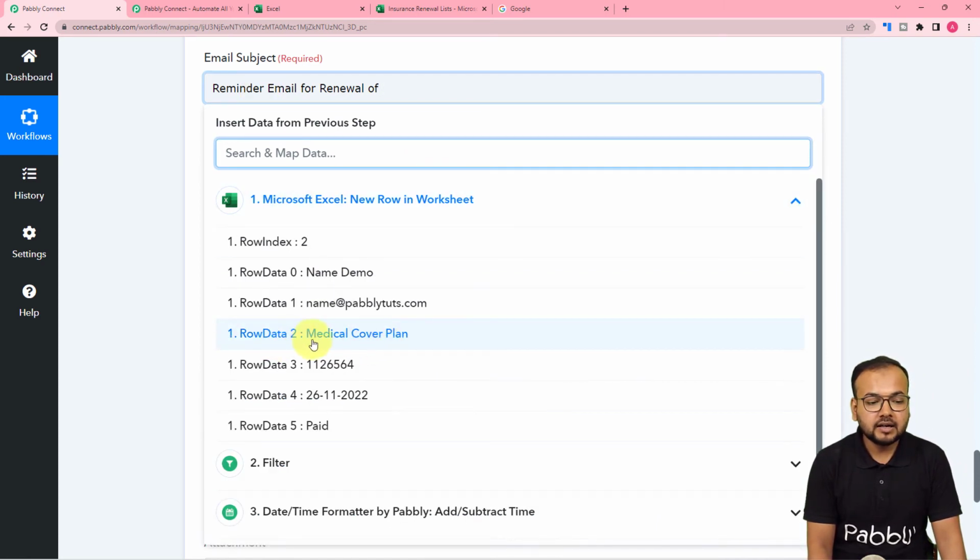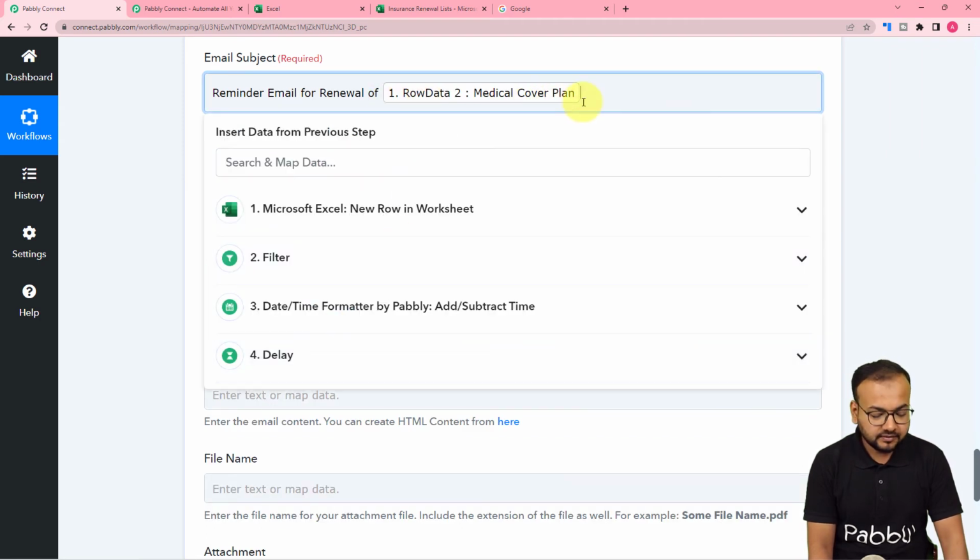Here you can see the medical cover plan is the policy's name. So I'm mapping the name of policy in the subject from the trigger. Okay,